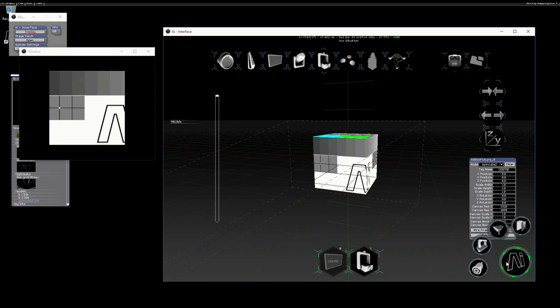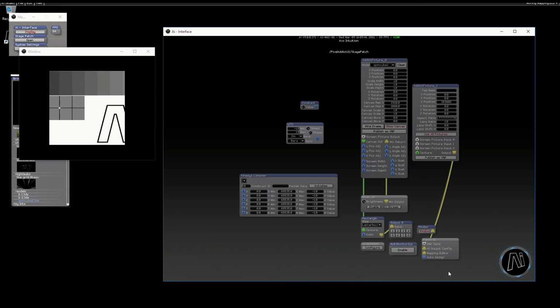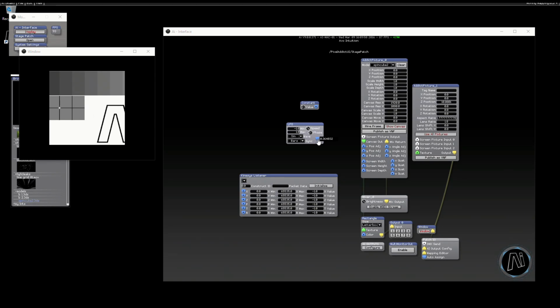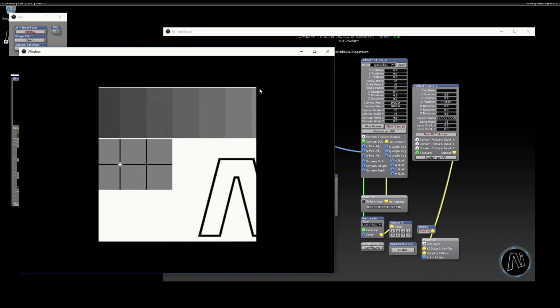Then we'll go back to our stage construction, our stage patch. So this time, if I connect that LFO into the Y angle adjust, we'll see a little bit of movement. If I bring that window up a bit, you'll maybe be able to see the movement. So you can see it's moving a very little bit, and getting further away from and closer to my mouse